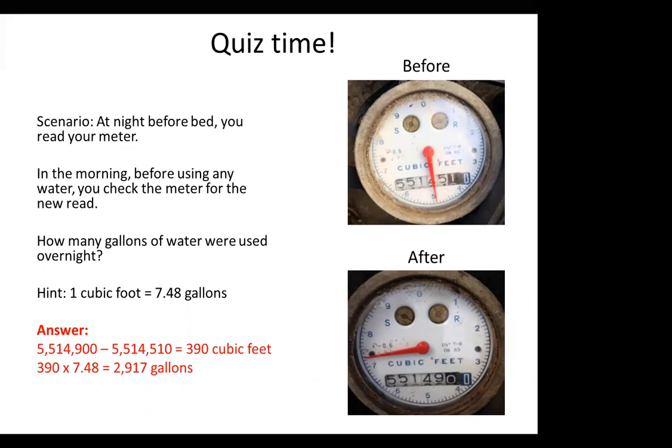So if you got that answer right, then you can go ahead and give yourself a pat on the back. And wow, that would be a pretty serious leak. Or maybe whoever this was forgot that the sprinklers were actually scheduled to come on early in the morning, and the sprinklers were using a lot more water than they were expecting. So again, you can do this exercise whenever you are trying to understand how much water something in your home uses, or you're just trying to track your water use in between the EBMUD bills.